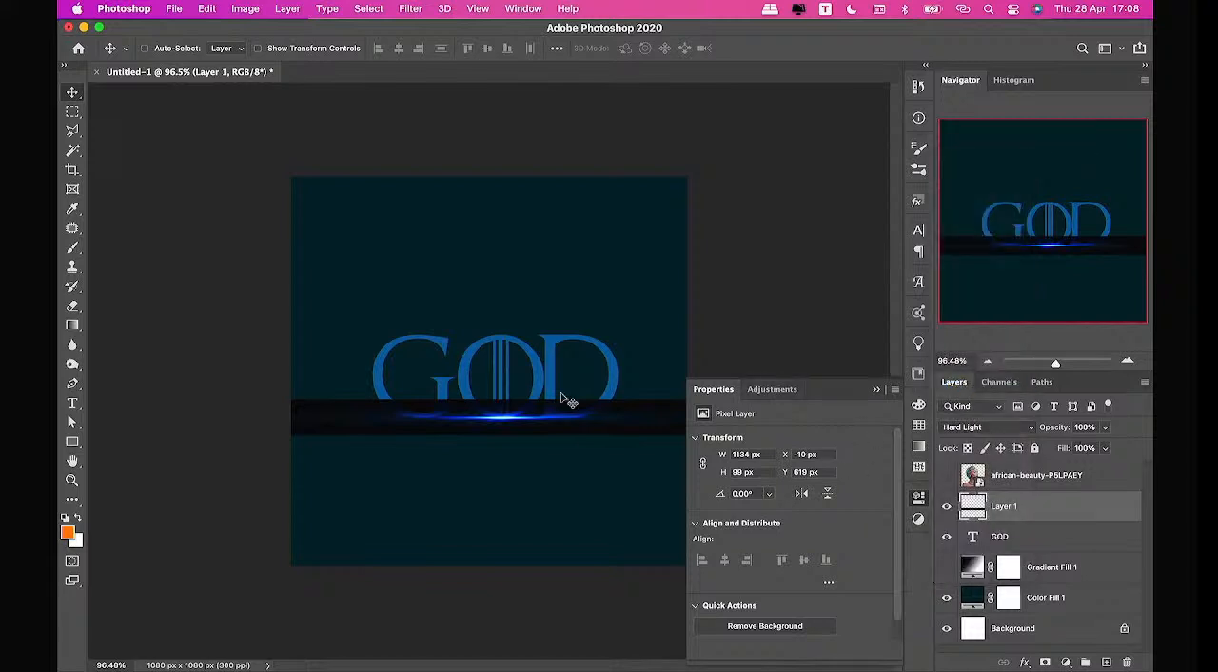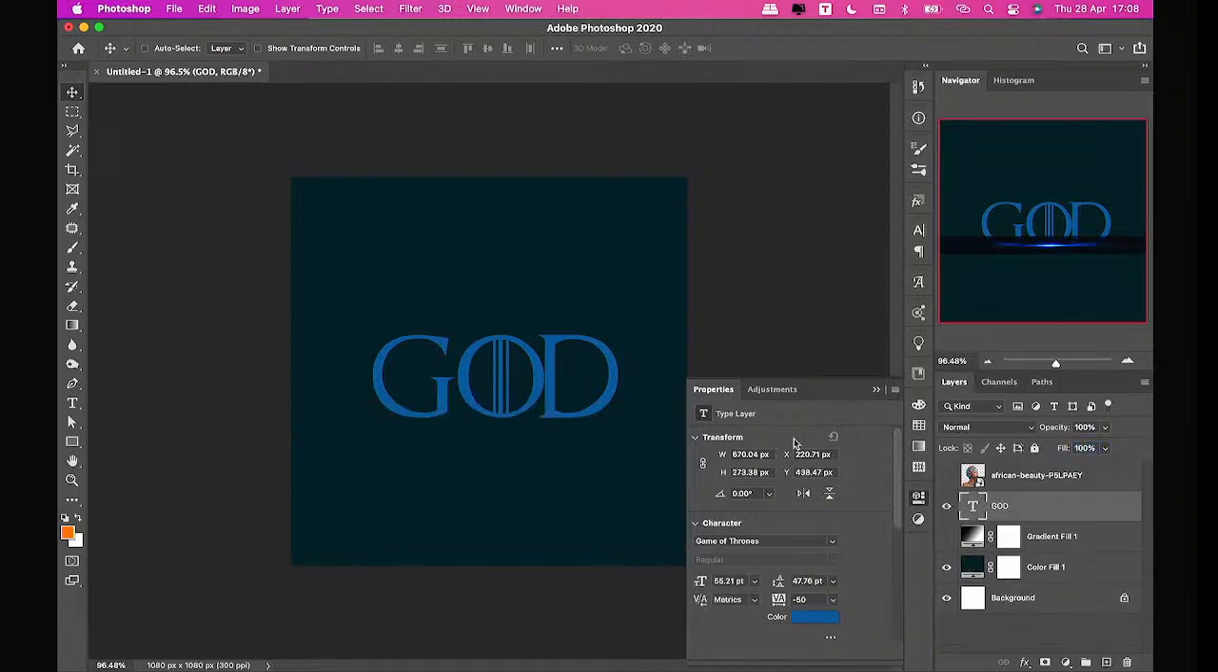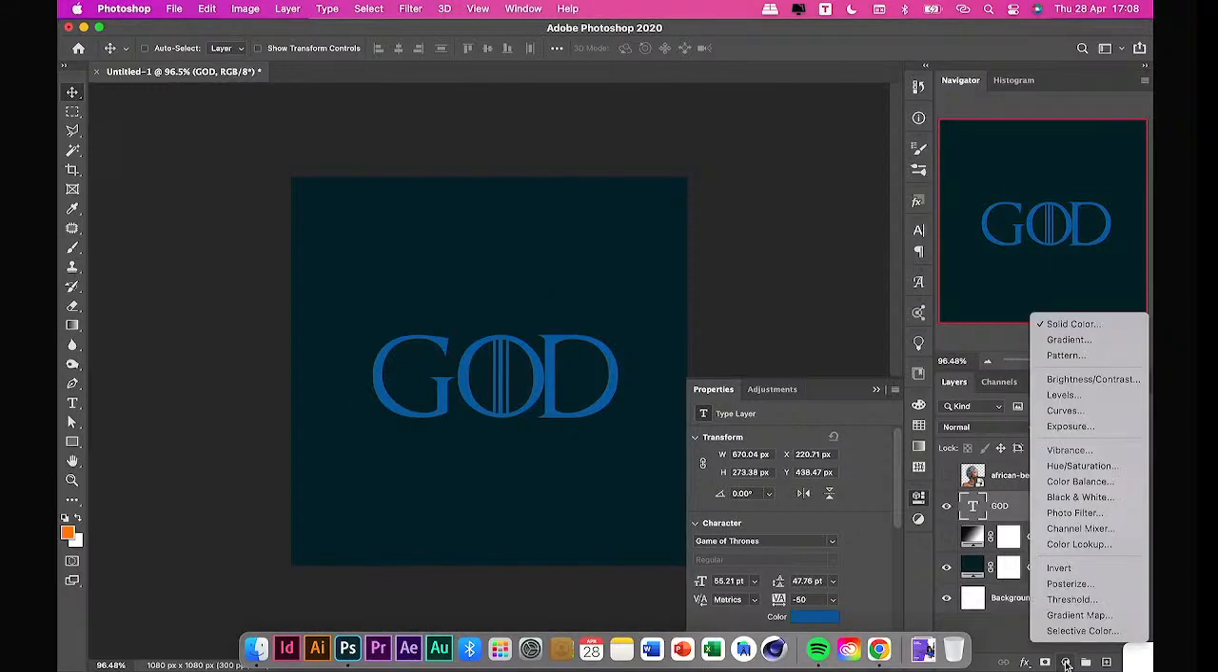So we have it like this. You can reduce the fill, then there you have it. So that's the layer style, that's the blending option. Then we have the